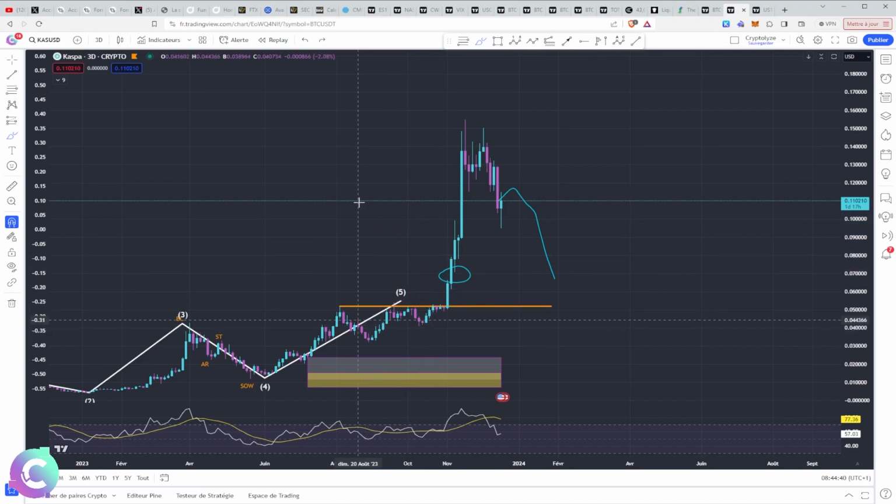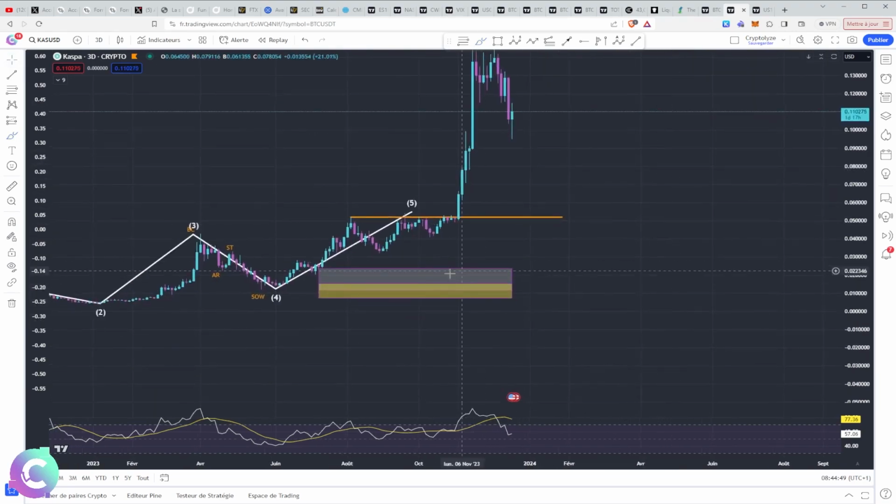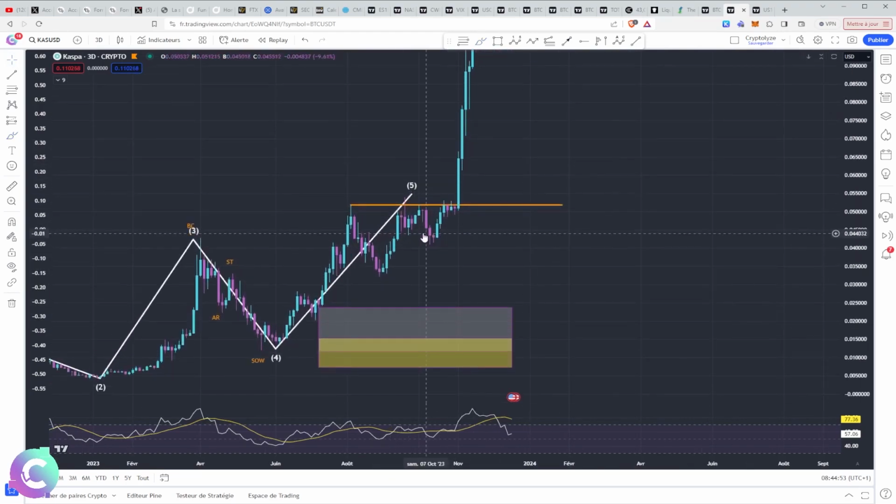So that means the programmability on a blockchain, which will be instantiated very strongly, so we could have big breakout opportunities. And once again, it's not because we didn't enter zones like this, in which the risk-reward was not interesting. We could enter the breakout, as I told you. And as I say regularly, when we make a rupture here, it can be interesting to enter on the rupture, but during the retest of the resistance, we do not enter.